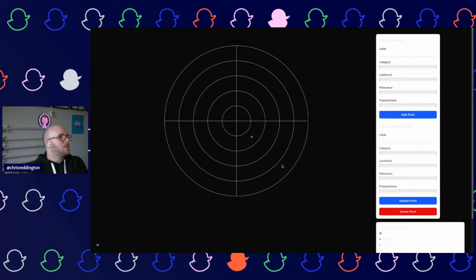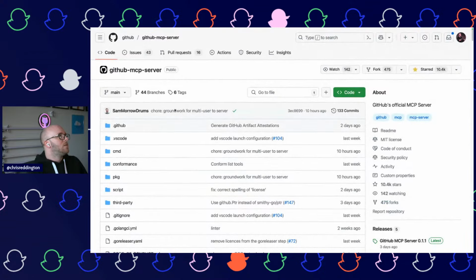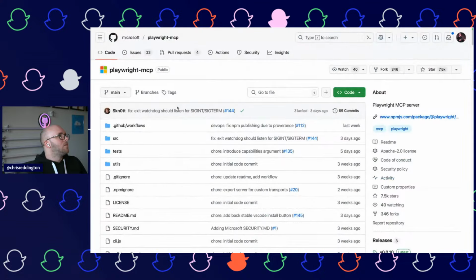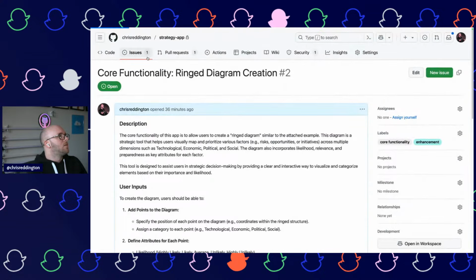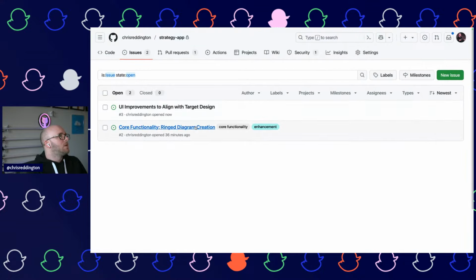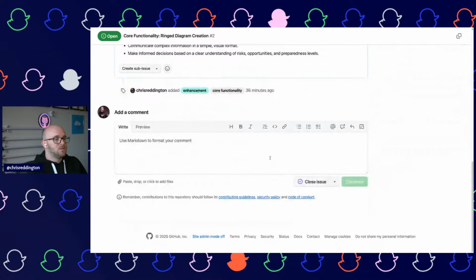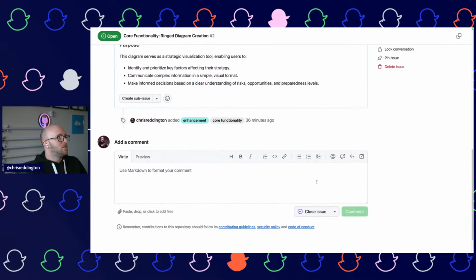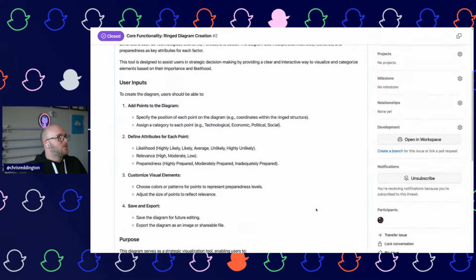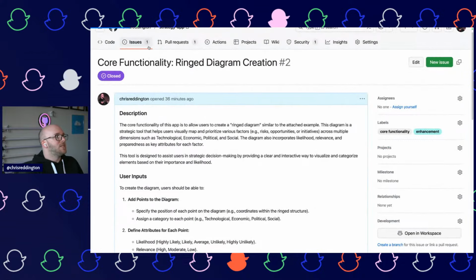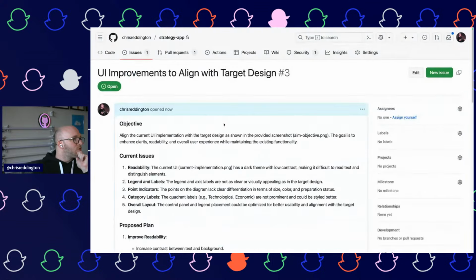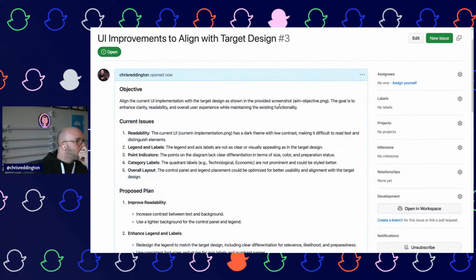Let's jump back to the, I'm going to close that old one. Okay. Good to know. Let's close that old issue because we've definitely completed that one. Right. UI improvements to align with target design.